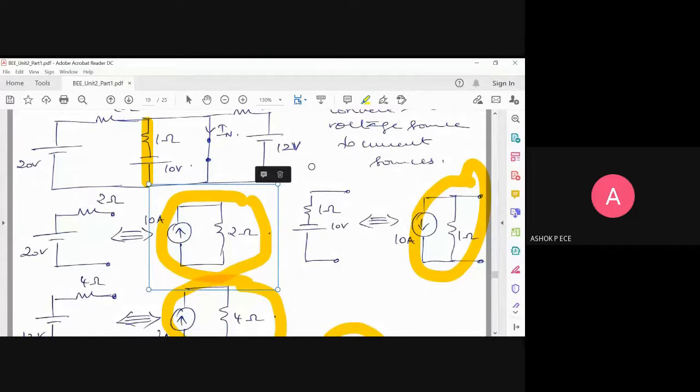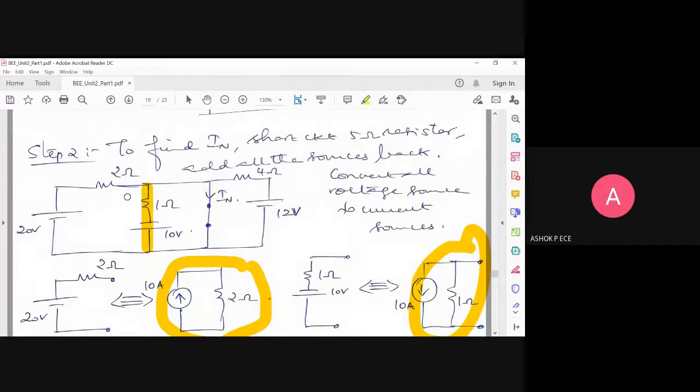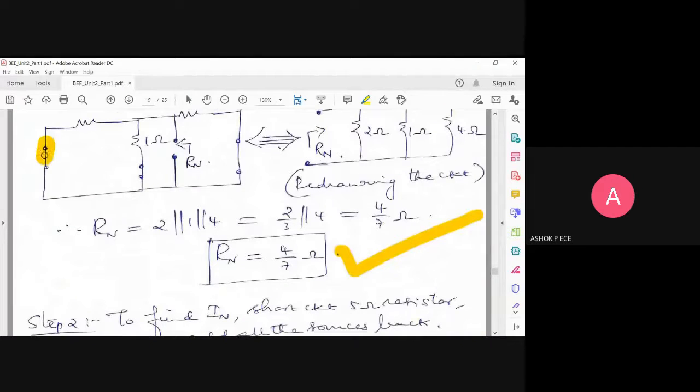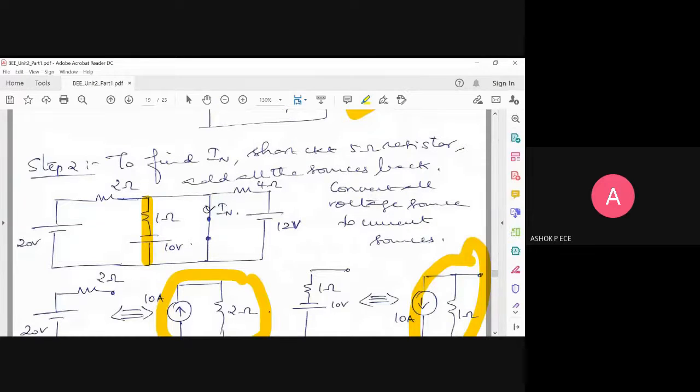See, step one, we have found R. In step two, you have to take your circuit and connect back the voltage sources that you short circuited, or the current sources that you open circuited. You have to include them in your circuit, and whatever load you have removed, you have to short circuit, and the current going through the short circuit is going to be IN. So you have to mark that correctly first in step two. Okay. So once you have done this in step two, your goal is to find IN. IN is the current flowing through this path.